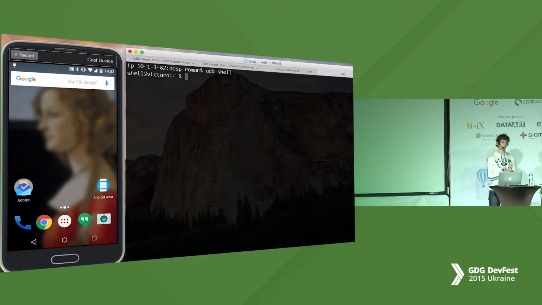Because on an emulator, for example, you have huge power in an Android shell, because you run as a root user and can do pretty much everything you want. You can check whether your application is creating the files correctly, connect to the database correctly with the SQLite 3 client. And